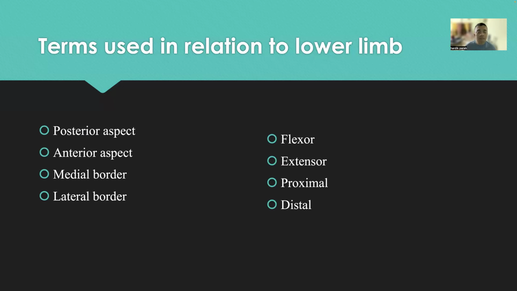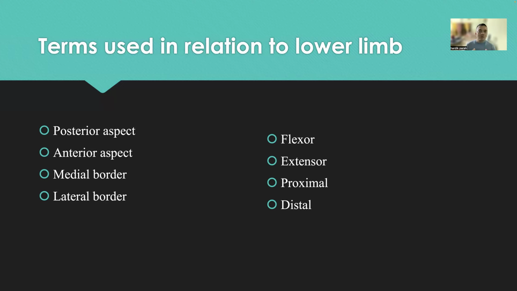Same way for the lower limb. Lower limb में posterior aspect and anterior aspect. So anterior aspect is the front side of the lower limb, आपके पैरों का front side. If you are standing in an anatomical position, तो उसका जो front side होगा, it is your anterior aspect. और पीछे की side जो होता है, जहाँ पे gluteal aspect, back of the thigh, back of the leg, calf का जो part होता है, वो आपके posterior compartment में आता है।